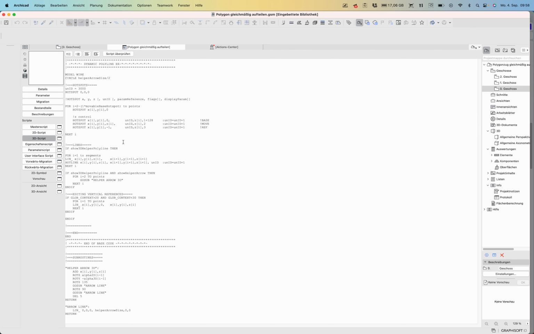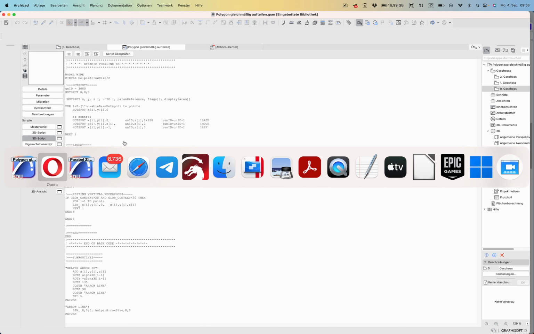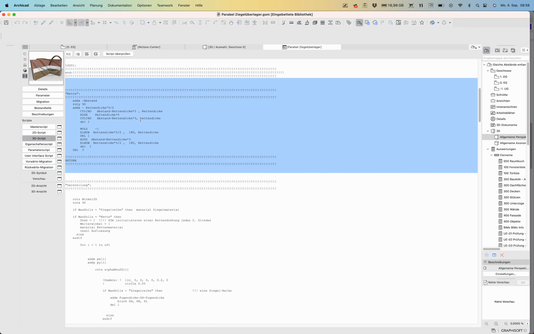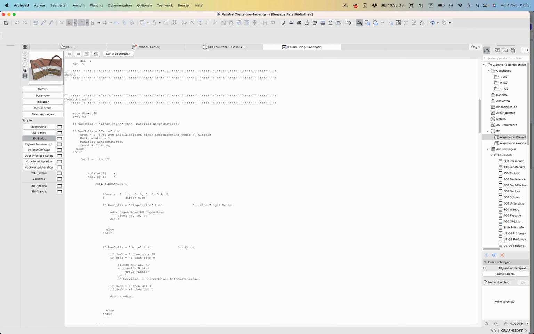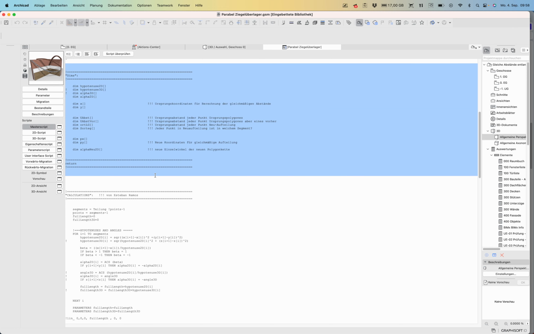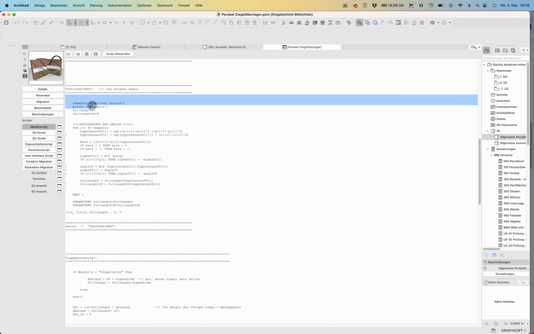And this is the first. This one. Yes, it's the same function like the chains. And then here master script, go to the master script, the calculations,